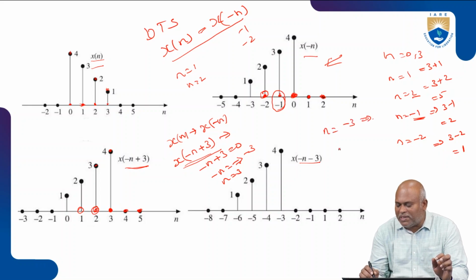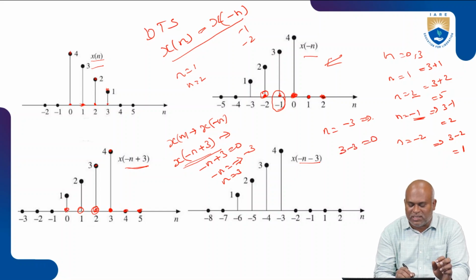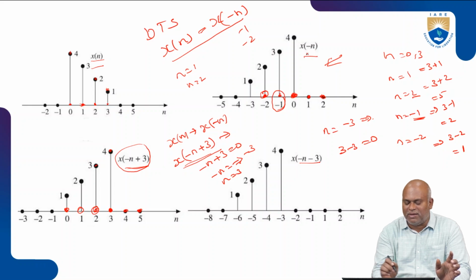This is represented as 3 minus 3 equal to 0. The 0 position came. The same thing is going to happen for all the signal. This we call the time shifting operation, x of n minus 1 plus 3, in the